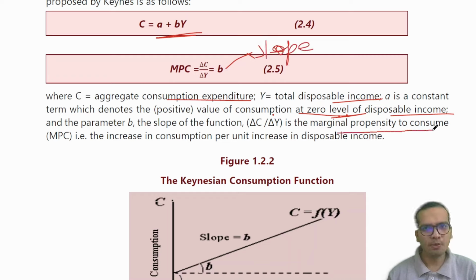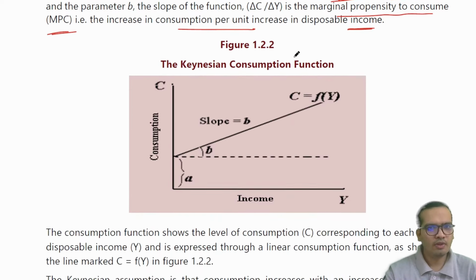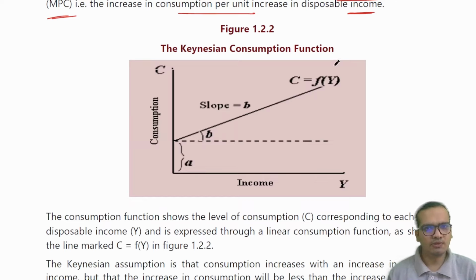Is the marginal propensity to consume, MPC, the increase in consumption per unit increase in disposable income? So calculate the above. Then we have the Keynesian consumption function, where we have C, Y, this is slope B, and this is C